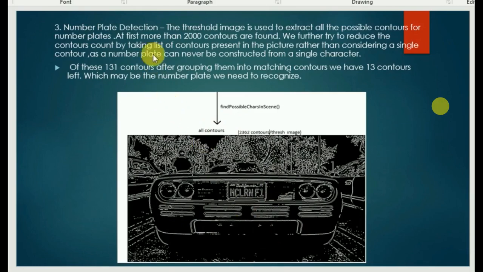After further reducing it, we found 113 contours in our picture. And after that we are grouping those lists of contours into contours of similar height and width, and then we found 13 contours. So without taking much of the time, let's see the code.